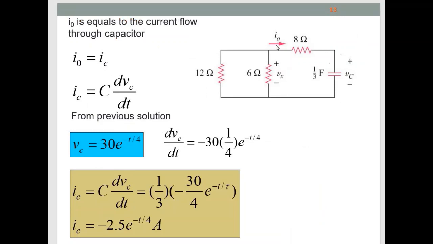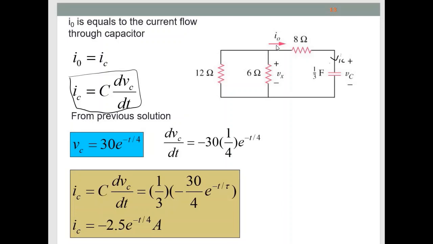This I0 has the same value as IC that flows through the capacitor. I0 is equal to IC. So in order to find the IC, we can straightforwardly use the value of I0, which is negative 2.5 e negative t over 4 ampere, because this is the same. Or we can use this formula. We know that the capacitor has the formula I equal to C dV over dt. So